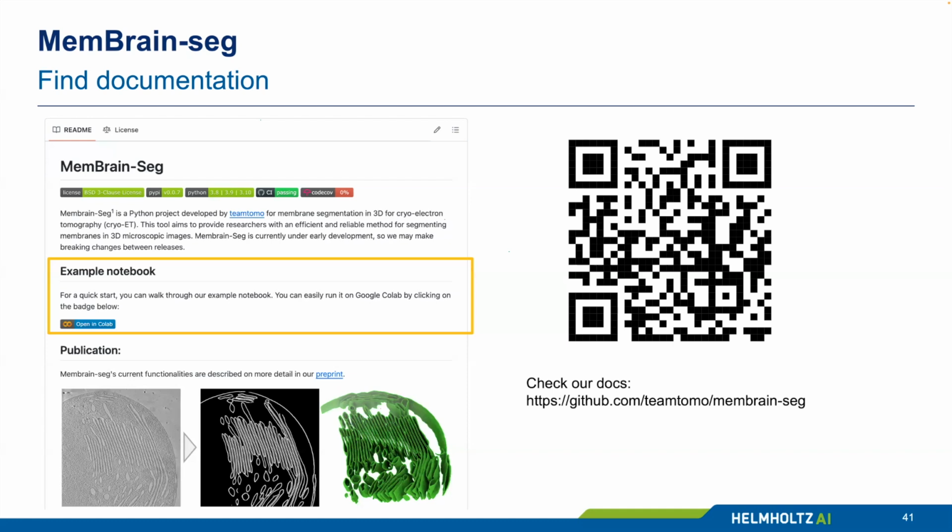I think especially for vesicles, I saw some really good performance if you have spherical shaped membranes. Then ISONet also often does a good job of restoring these densities, which is also very beneficial for membrane seg. Yeah, that's what I had noticed doing ISONet on samples which had virus-like particles in them: after running ISONet, membrane seg would then pick up these VLPs as if they were vesicles, because it restored the spherical nature.